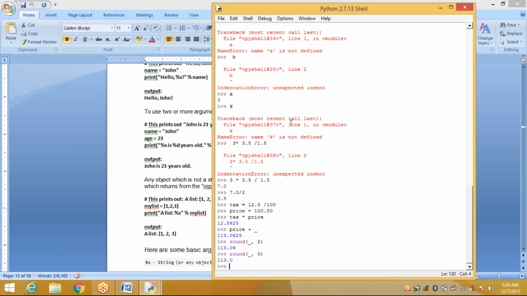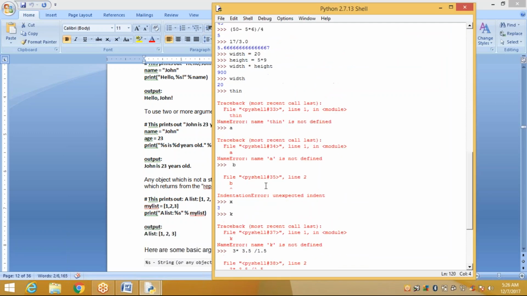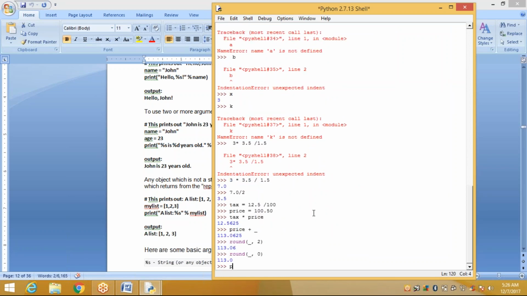Try here. Already we have defined my list, so now I can call it in print.